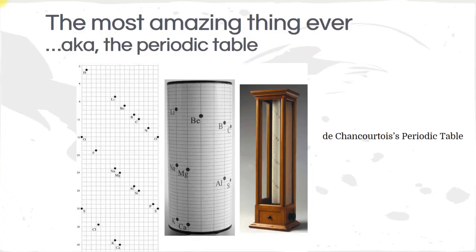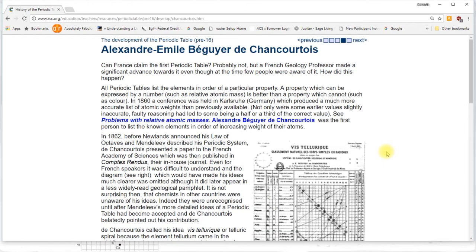All right, so the story of the periodic table is actually a really epic story. It's a really long and evolved process. So it didn't just appear as it is today. One of the first versions of the periodic table was proposed by Deschantois, and he was a scientist way, way back in the day. So a quick Google search will lead you to this website with some more details about